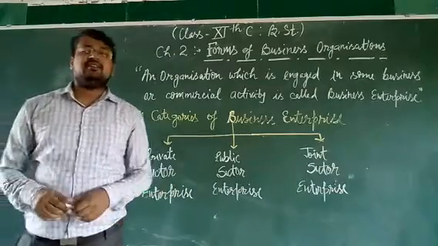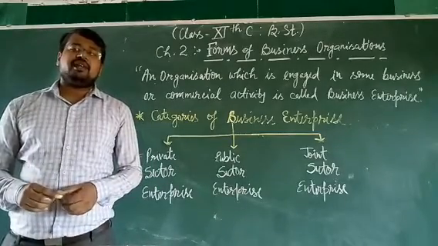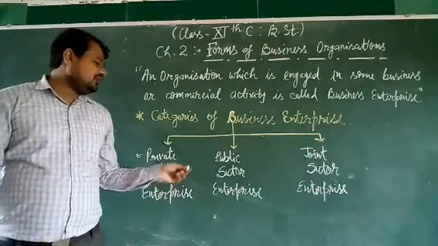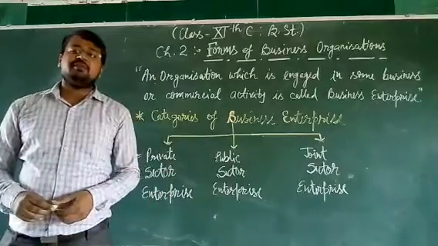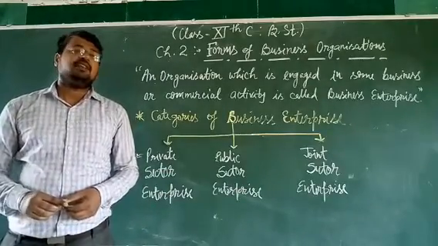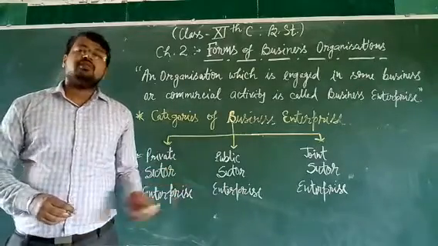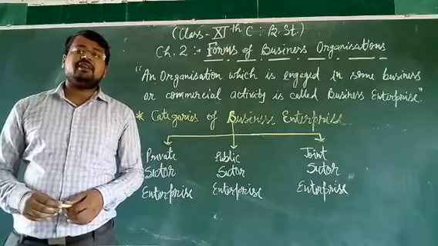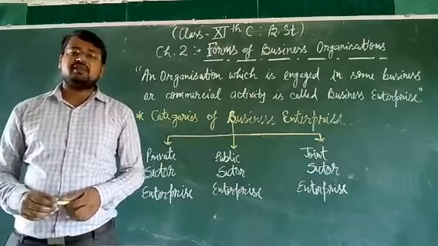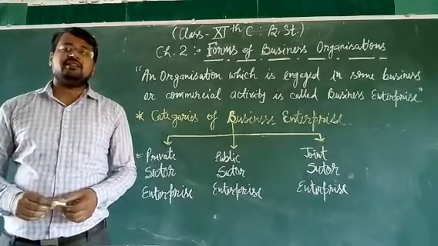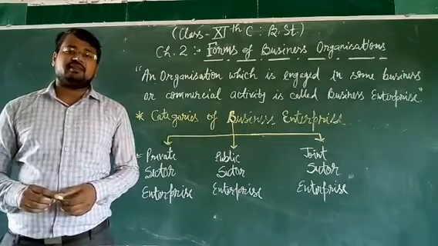Government is privatizing its authorities. When the equity of any organization is diluted below 51%, if government has at least 51% equity shares in an organization, then only that organization would be called government sector, PSU. And when that 51% is diluted, suppose government has only 45% equity shares and 55% equity shares are in the hands of private players, then we cannot say that this organization is from the government sector.